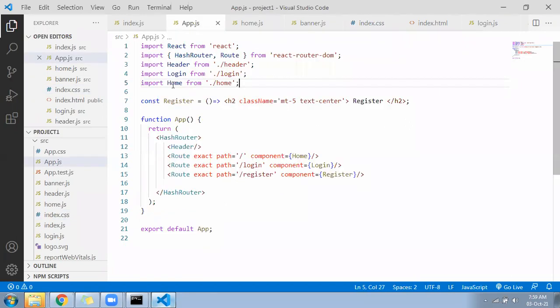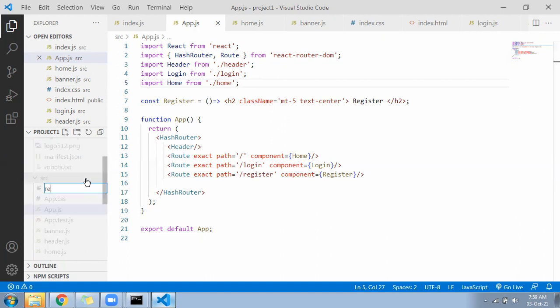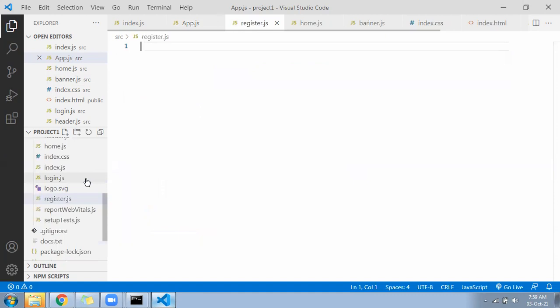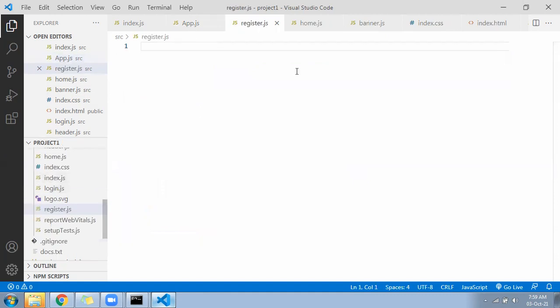According to app.js file, you can see here you have a constant called register. We need to create a register component. Create component register.js. First create a file register.js and take the copy of login.